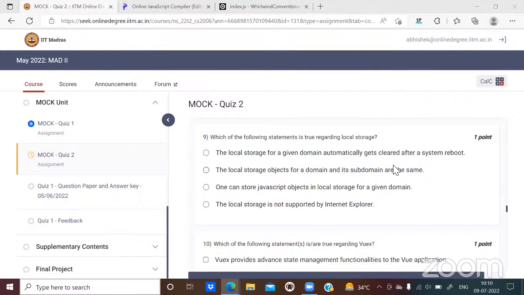So there are basically three things. One is the scheme or the protocol. The second thing is the domain. The third thing is the port number. If any of these things changes, the storage is going to be different. Let's say even if you have abc.com, which is running at port number 80, and abc.com, which is running at port number 5000, the storage objects for them are going to be different since the port number is different.